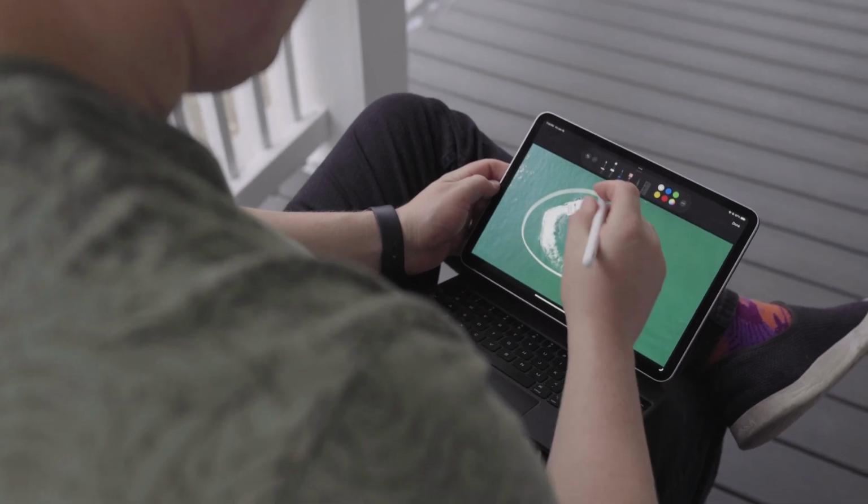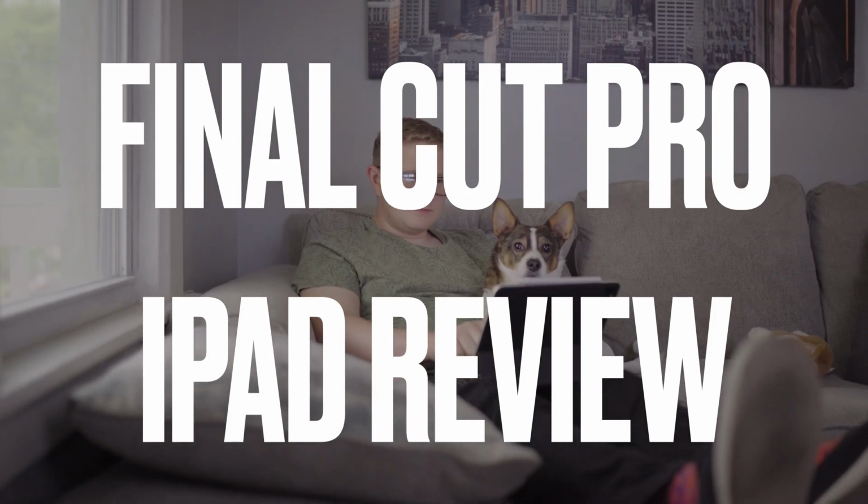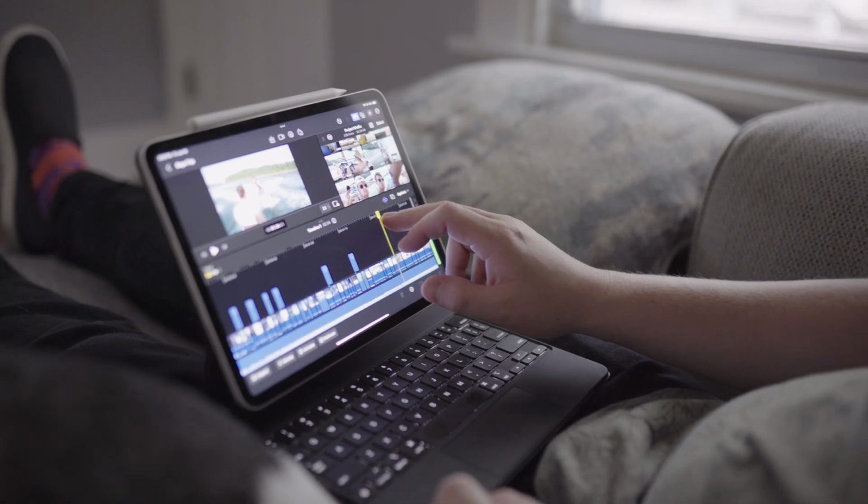The iPad is finally a pro device. Or is it? Final Cut Pro is finally on the iPad, and I've taken my time to truly figure out if this is